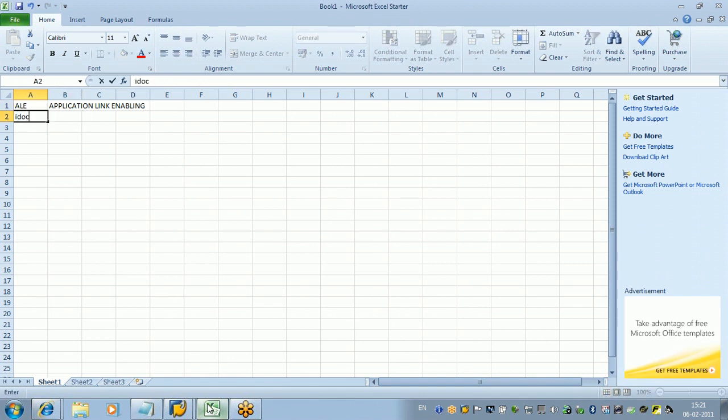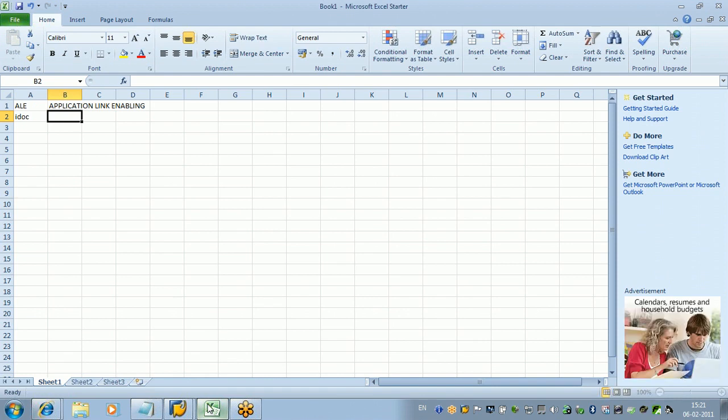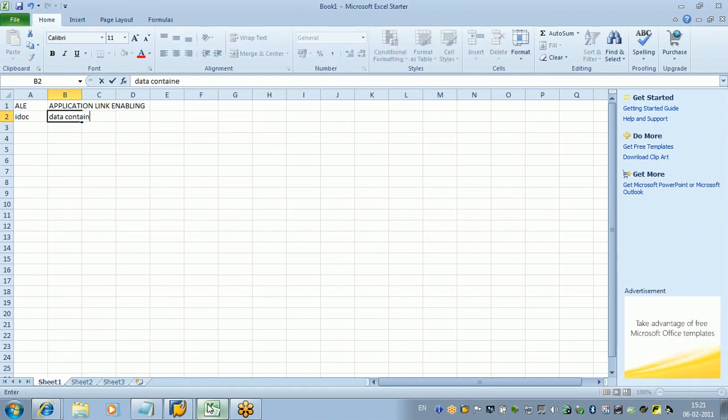IDOC. What is this IDOC? IDOC means it's a data container. So now what we are trying to do is, sometimes in business scenarios what will happen, say one customer is there,